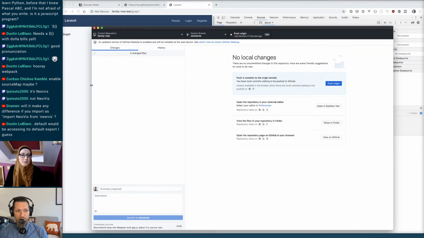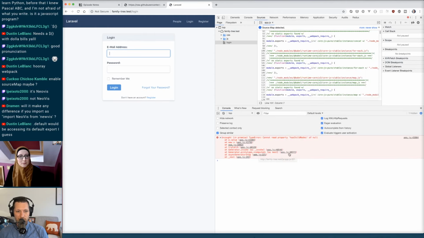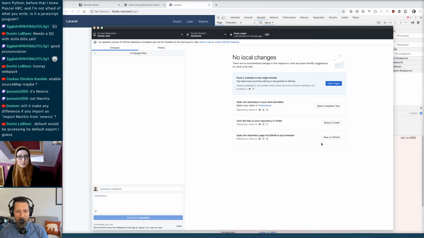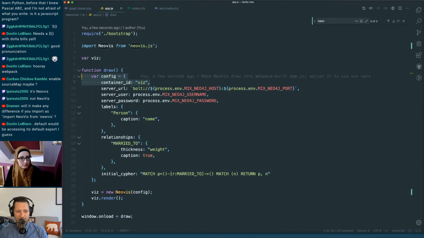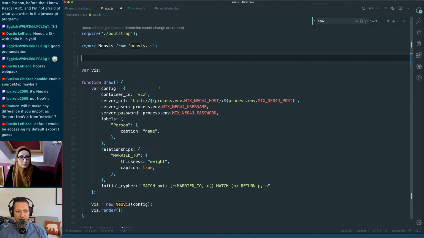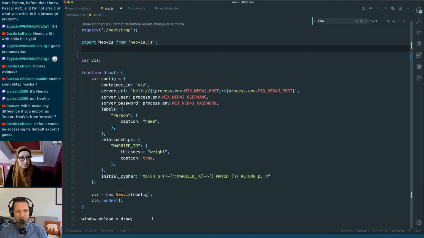So we probably will have to do one more thing, which is make it not throw errors on the other pages where they can't find that. My guess is this has child nodes of null, looking for the viz container ID. So again, in the jQuery world, what you would do is basically just say, if viz exists, run this, otherwise skip it out. So let's just try this real quick and say, how easy would it be for us to bind it so that this only happens